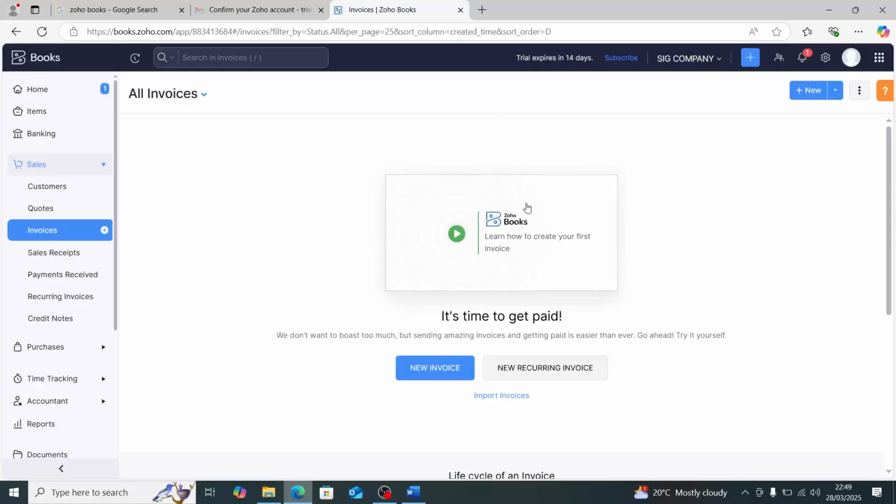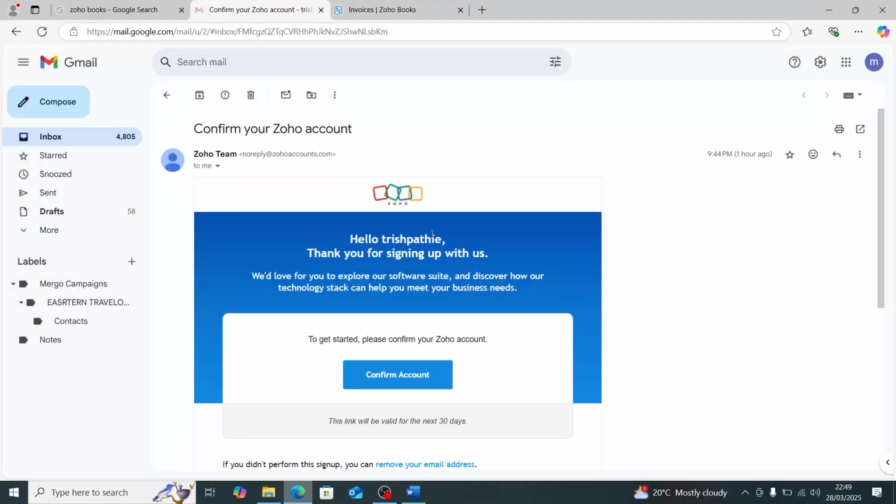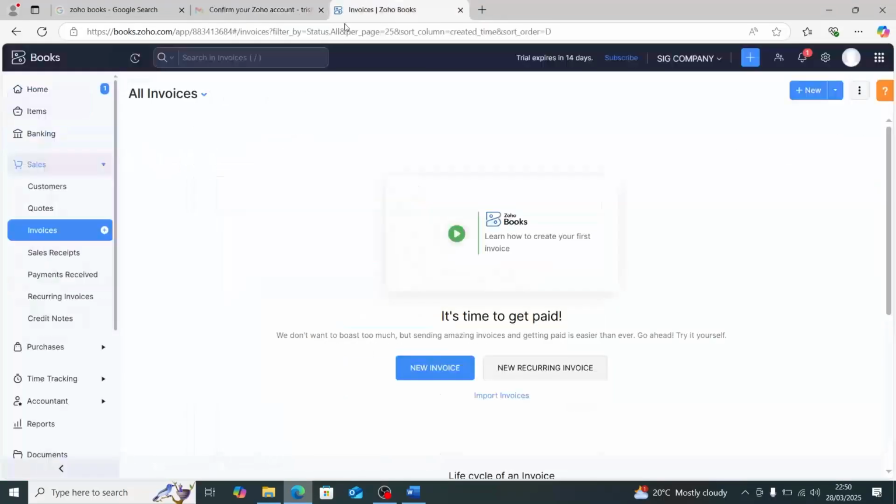Well, before we get into setting up our organization and putting in all those organizational details, I'd like to take you back to an email that you receive from the Zoho team. Now, this email will lead you to verify and confirm your account so that you're able to record invoices and track your transactions. So once you have confirmed and verified your account, it will then open to a new tab where you're able to access and set up your organization according to your preferences. So now,